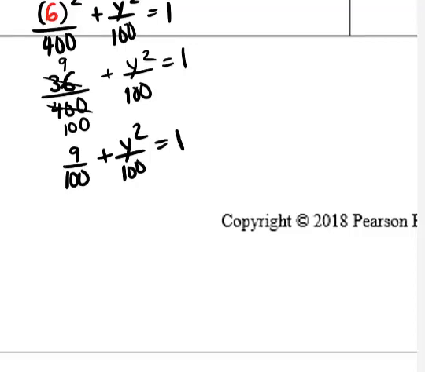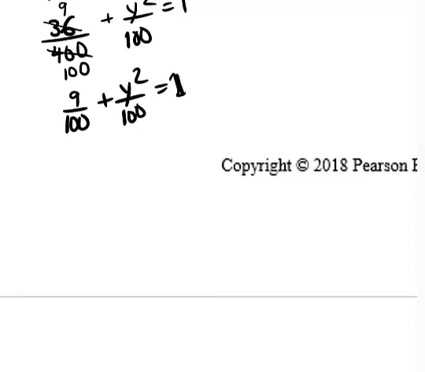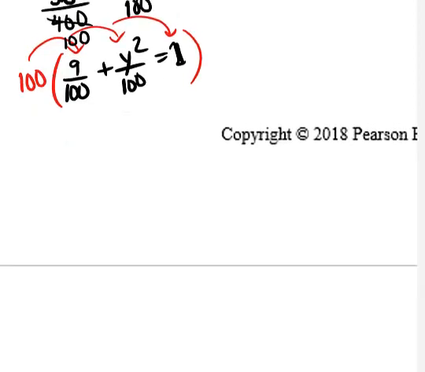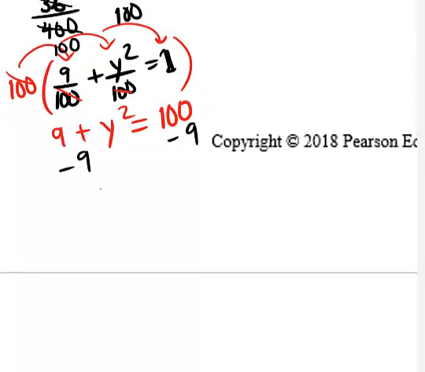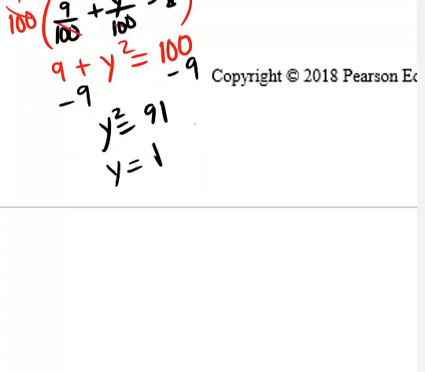I think there's a few ways to solve this, but the way I would do it is I would clear denominators. I'm going to multiply the whole thing by 100, just because I think this problem will be a lot easier if there are no denominators. The hundreds will cancel from the fractions, leaving just 9 plus Y squared, but that 1 on the other side is multiplied by 100 to leave 100. And now it's going to be a lot easier to solve for Y. I'm going to move the 9 over. Minus 9, so Y squared equals 91. So Y must be the square root of 91, which is about 9.5,